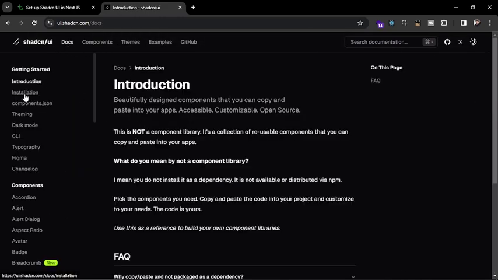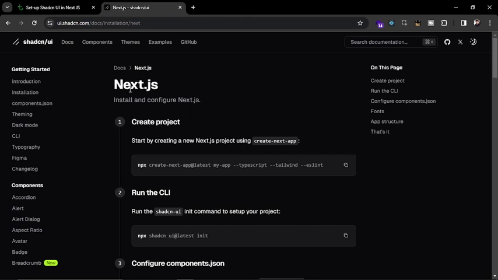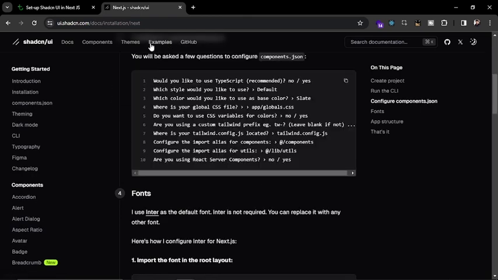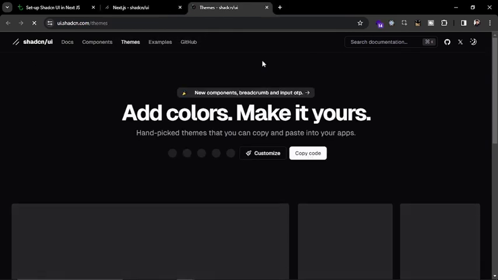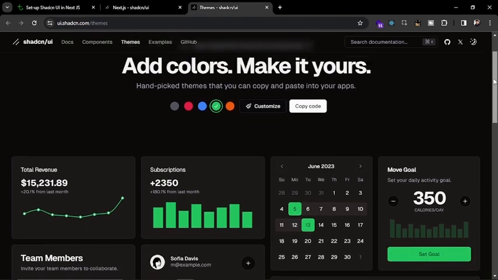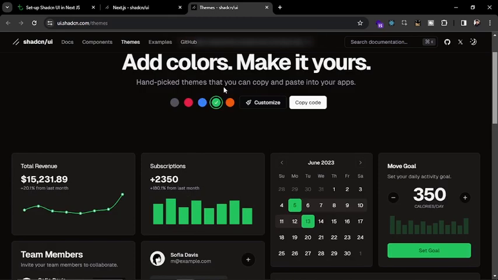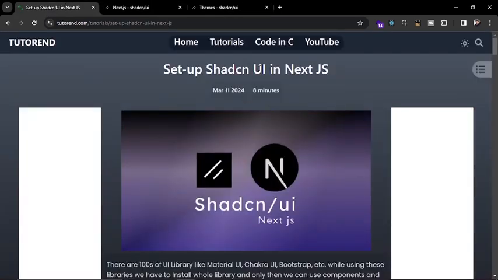So in this you can see this installation section and you can select your project type. So this is the documentation or tutorial for the Next.js. After that you can see examples in this navbar and themes, and here you can see we get a theme customizer. That means we can customize the colors and fields of the themes. We'll see this later. Let's now just get started with the Next.js and install Shadcn or set up Shadcn inside